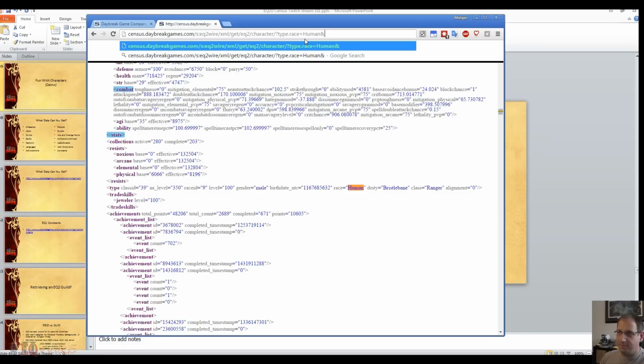With me so far? Type, race, human, and type, class, ranger, and level is 100. And again, I'm using an ampersand. Every time you add to your query, you use an ampersand. So type,